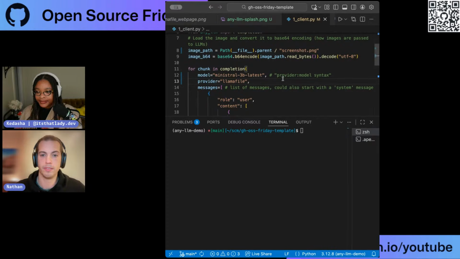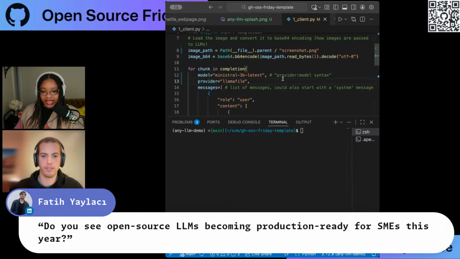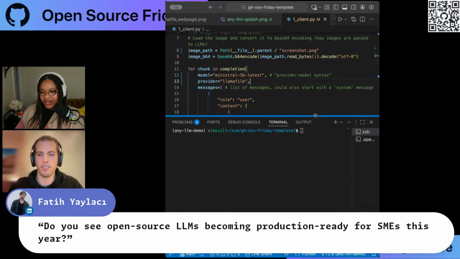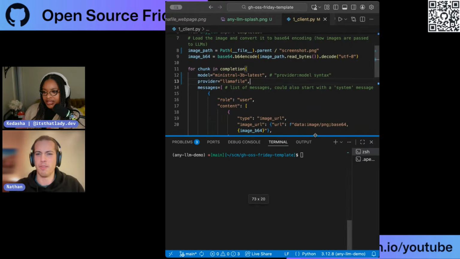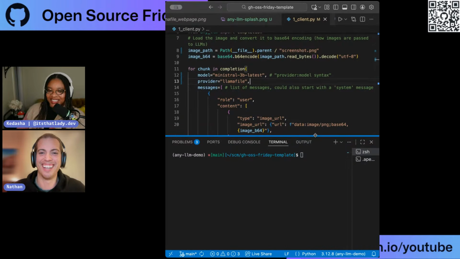Okay. Do you see LLMs becoming production ready for SMEs this year? SMEs? Subject matter experts? Subject matter experts for what domain? Yeah, open source, of course.